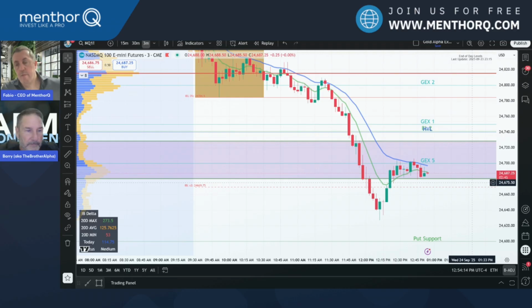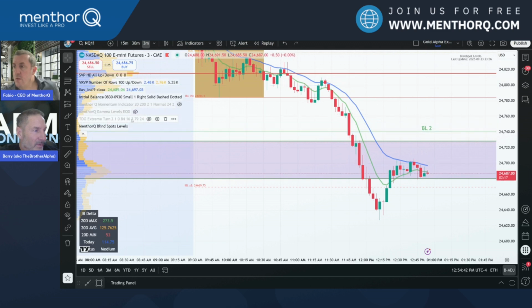Yep, makes sense. With risk being below. If I'm wrong, it's going to drop right back through. But I want to wait for these moving averages to turn up and a pullback to GEX 5, and that seems like a good long. I hope you can see how I'm using MenthorQ to just give me confidence, because without these levels,